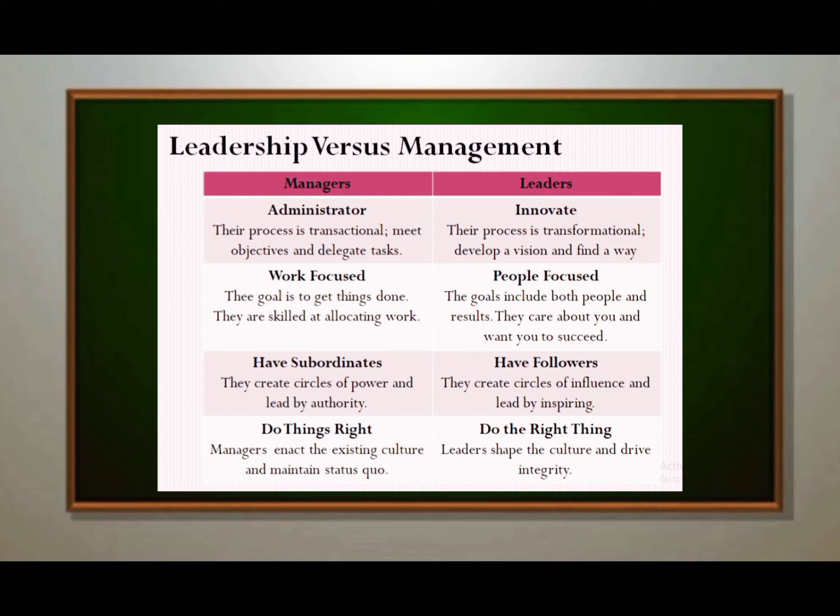Leadership versus management. A school head must be both a leader and a manager. A school head leads the school and community to formulate the vision, mission, goals, and school improvement plan. This is a leadership function. She or he sees to it that this plan gets well implemented on time and ensures that the resources needed are there, and the persons to do the job are qualified and available. This is a management function.